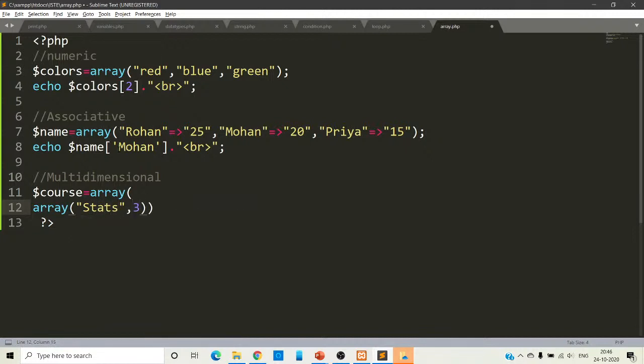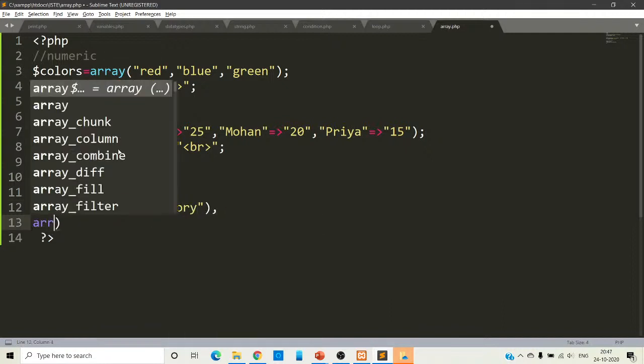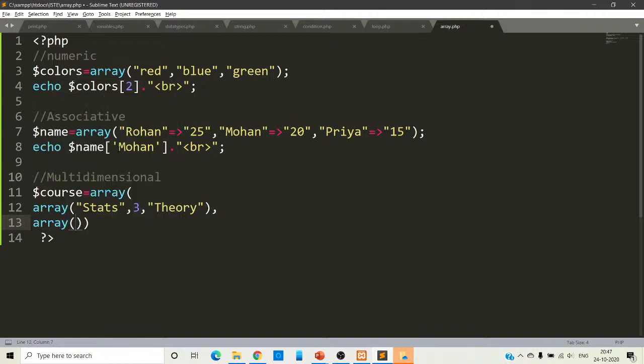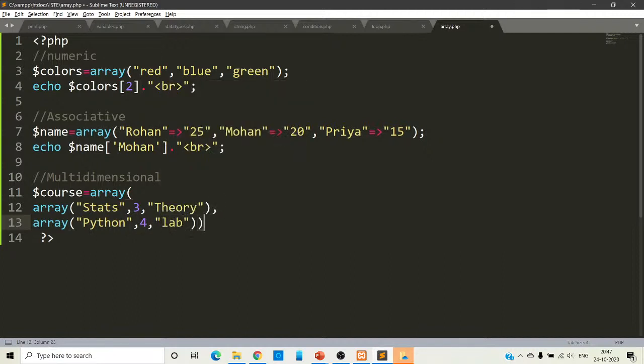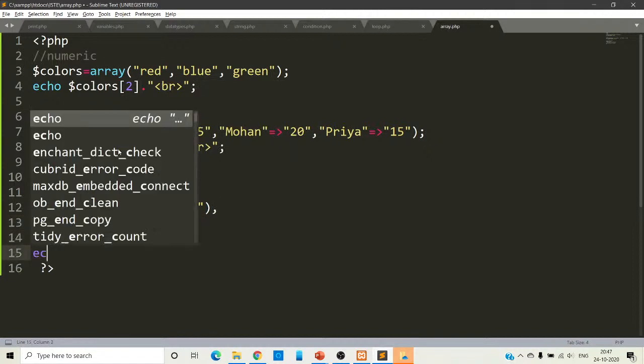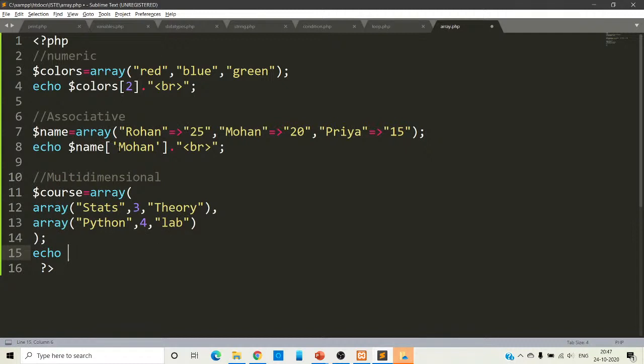Its credit is let's say 3 and it's a theory course. Add another array, let's say Python, that its credit be 4 and it's a lab course. So yeah, the array is created and you can access it as